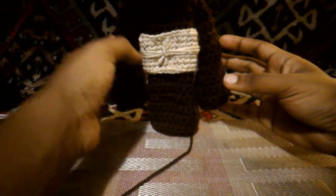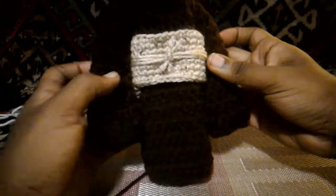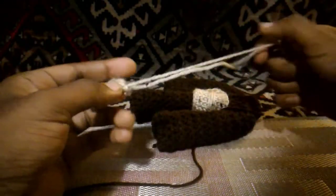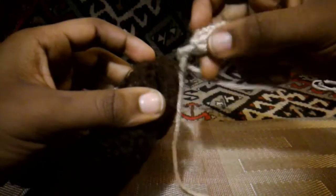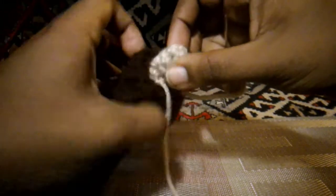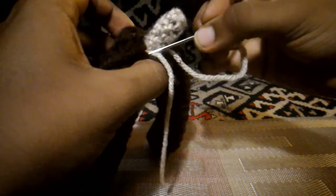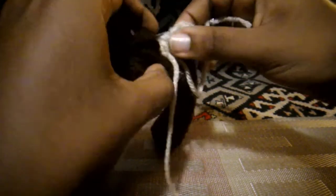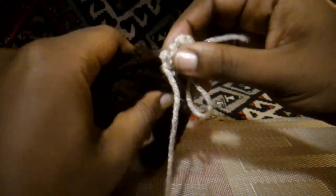Alright, this is her body, her arms joined onto the body. Now I will be placing her neck into this. So it's a tiny hole still there. What I'm going to do is just push it in like that. You can either sew it in or push it in, but if you don't sew it in, it probably won't stay connected. I'm just going to go in and go through and go back out